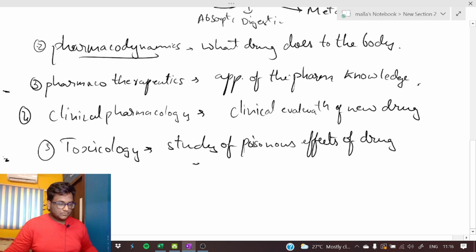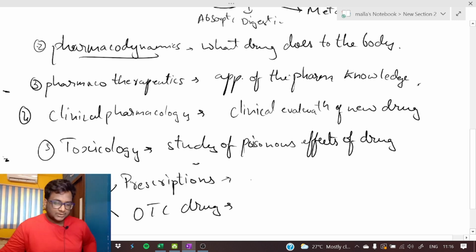OTC means over the counter drugs, and prescription drugs are the drugs which are only prescribed by a registered medical practitioner. OTC drugs are, for example, vitamin pills, Digene, etc., which can be found everywhere, like in a grocery